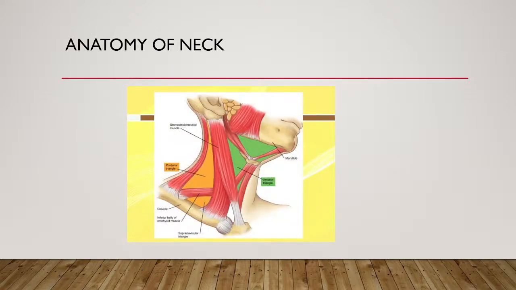So first, I'll start with the anatomy of the neck. Basically, I'll deal with the triangles of the neck, the anterior and the posterior triangle. The anterior triangle is bounded anteriorly by the midline of the neck, in base by the clavicle, and laterally by sternocleidomastoid. And the posterior triangle is formed by the